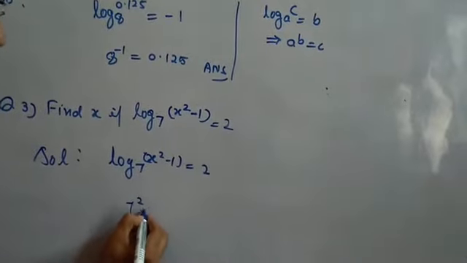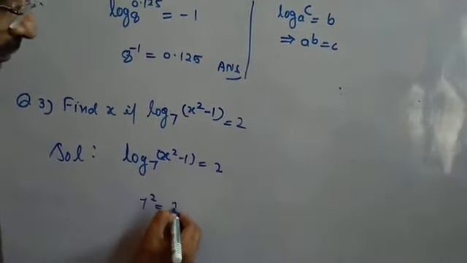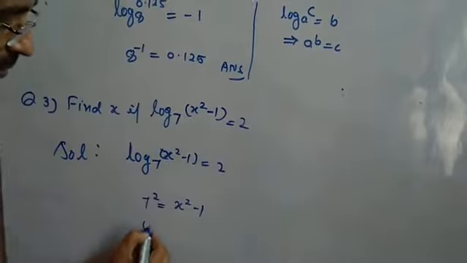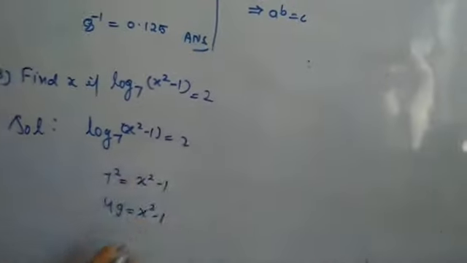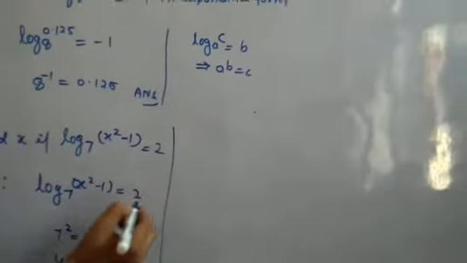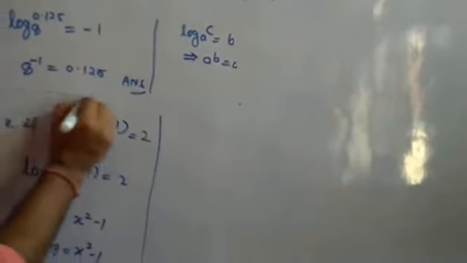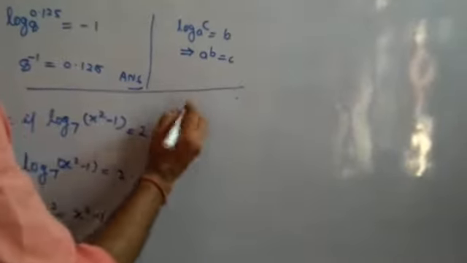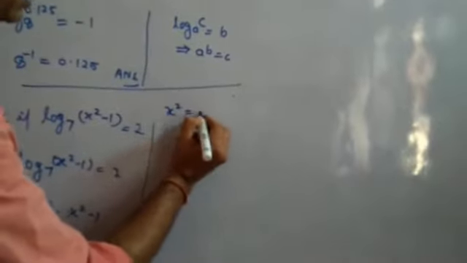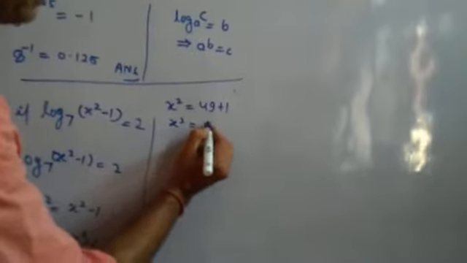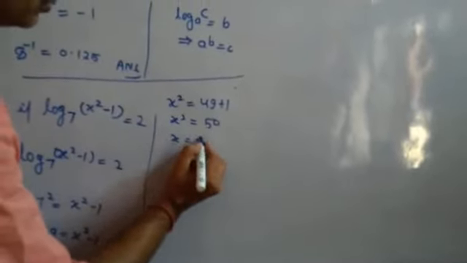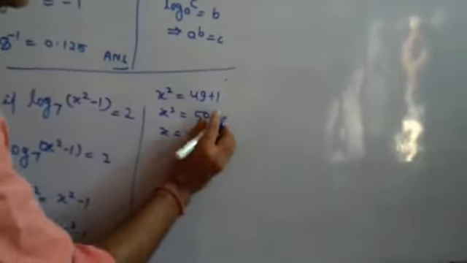Therefore, 7 power 2 in exponential form equals x square minus 1. 49 equals x square minus 1, or you can say x square equals 49 plus 1, x square equals 50, x equals plus minus